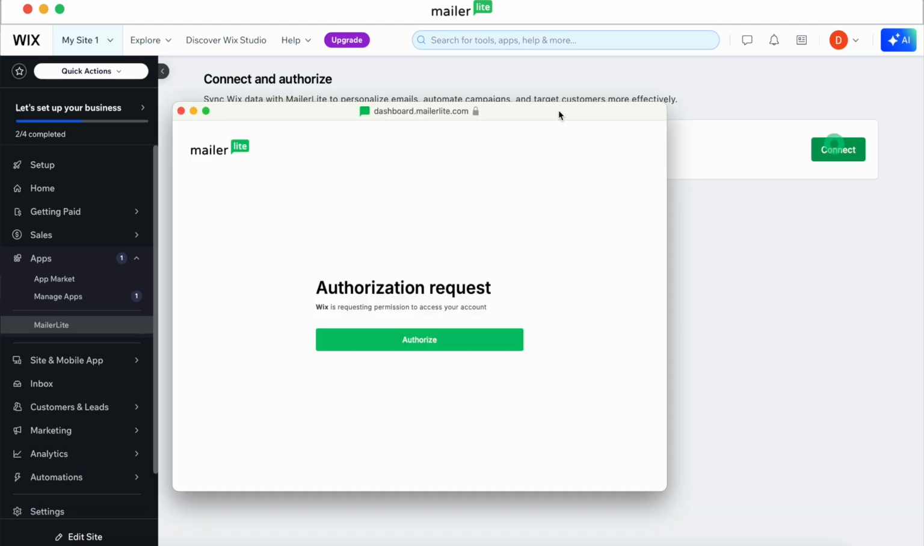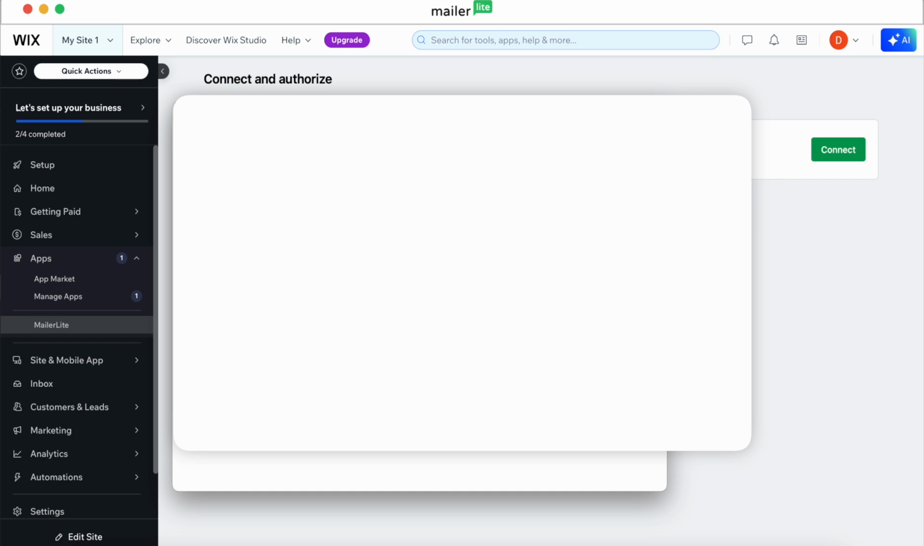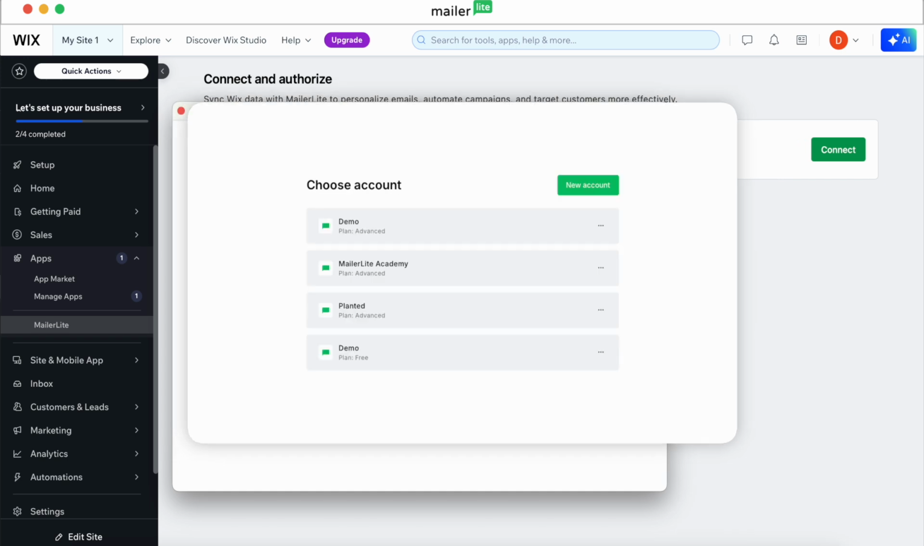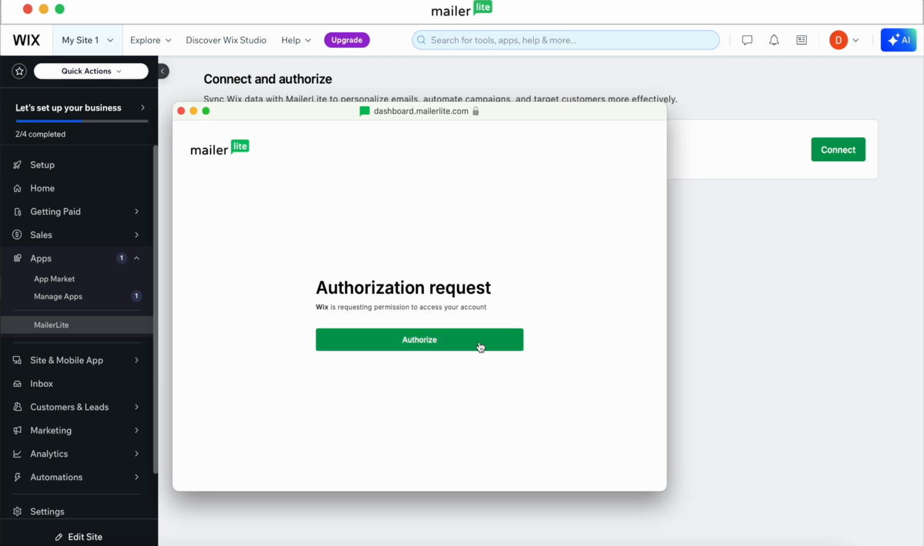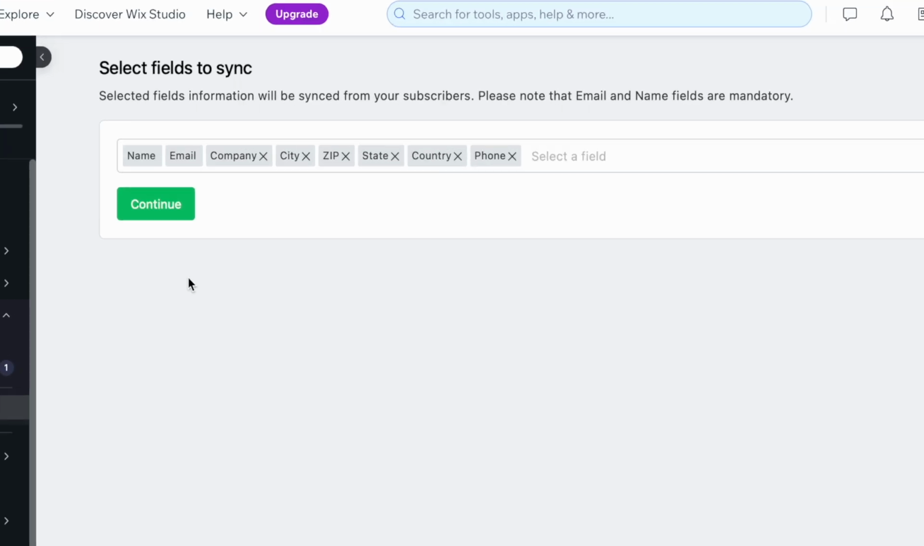Hit Connect. If you're not already logged in, enter your MailerLite credentials, and then you'd select the MailerLite account you want to connect to. Then, authorize Wix to access your account. This is going to grant permission for Wix and MailerLite to share data. Once you authorize the account, you'll be taken back to your Wix app settings, and then here, you can choose